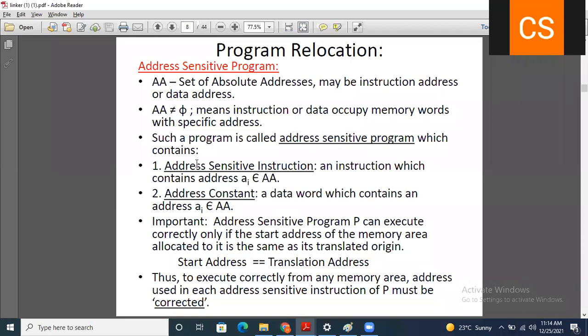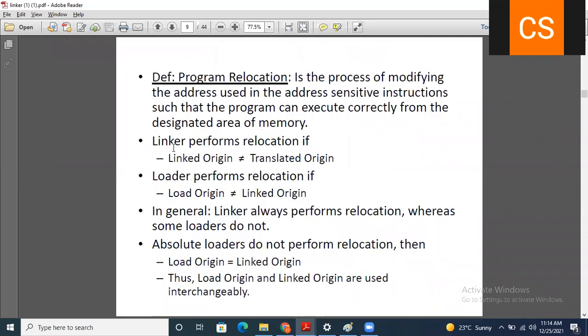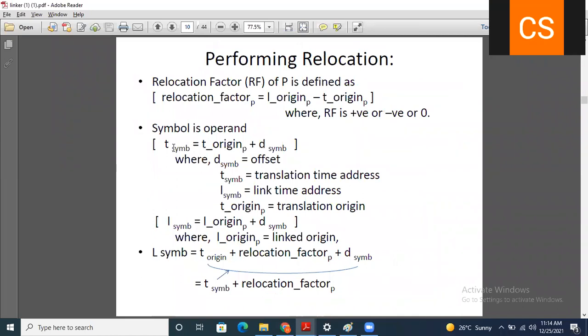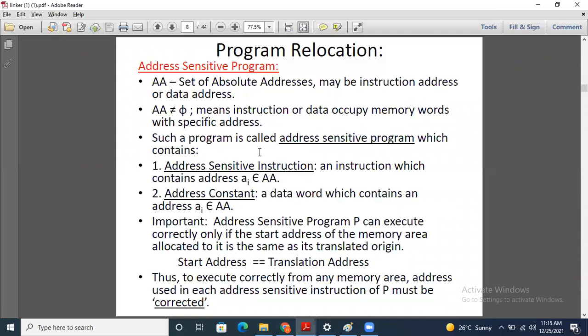What is program relocation? What is meant by program relocation? Before that, we understand some terminologies used in the program relocation algorithm, and how we can perform this relocation. In program relocation, we have the address sensitive program.